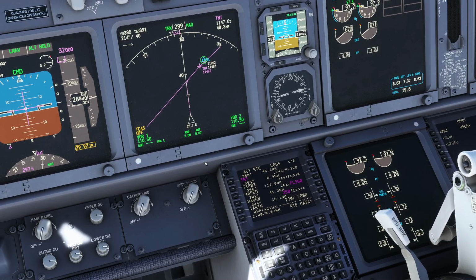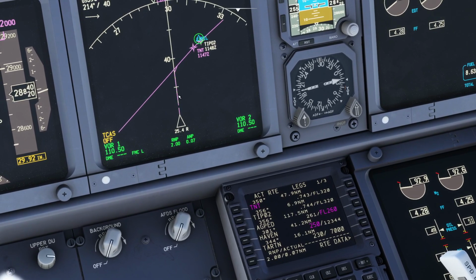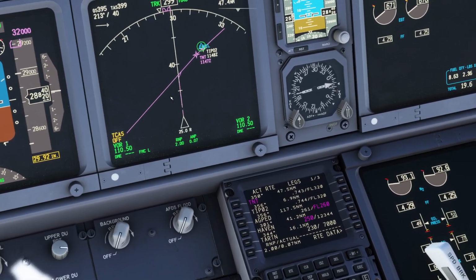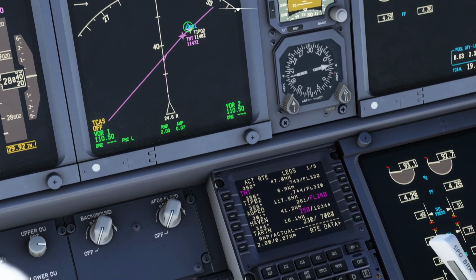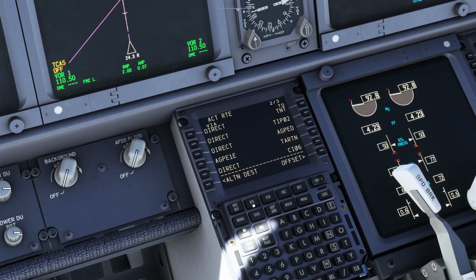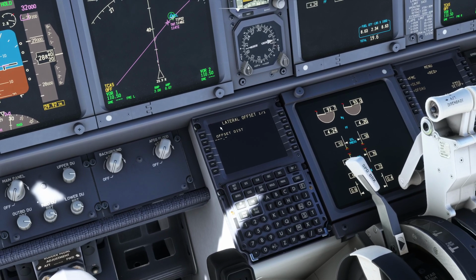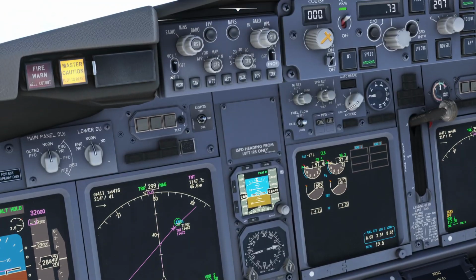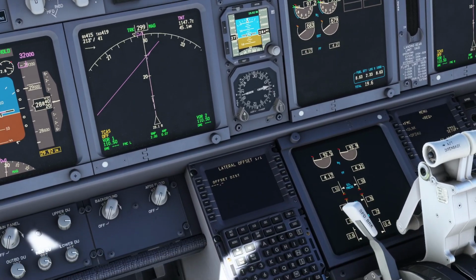Okay, the other trick we can do is an offset course. So we're flying along, and imagine there's another aircraft exactly on our track and we want to go around them. Wouldn't it be great if we could just fly a few miles to the left or the right for a while? So what you can do is click on the route button, and you can click on offset, and you can say L or R and a number of miles. So if we say, keep an eye on this while we do it, I'll zoom back in to make it obvious. If we say L